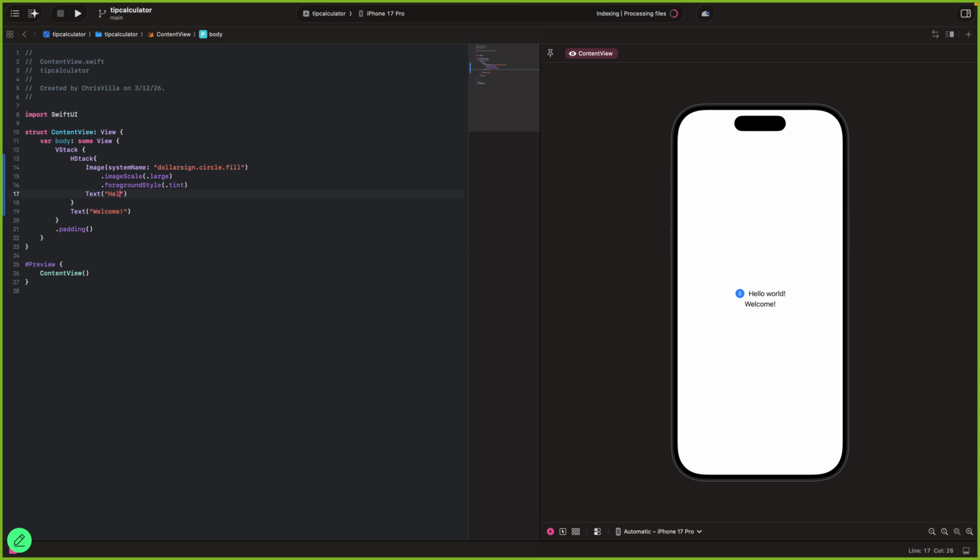I'm gonna start with creating the tip calculator. That's gonna be the title of our application and also the name. And the second one, we're gonna write dollar amount. This is gonna be the amount that the person is gonna want to calculate.